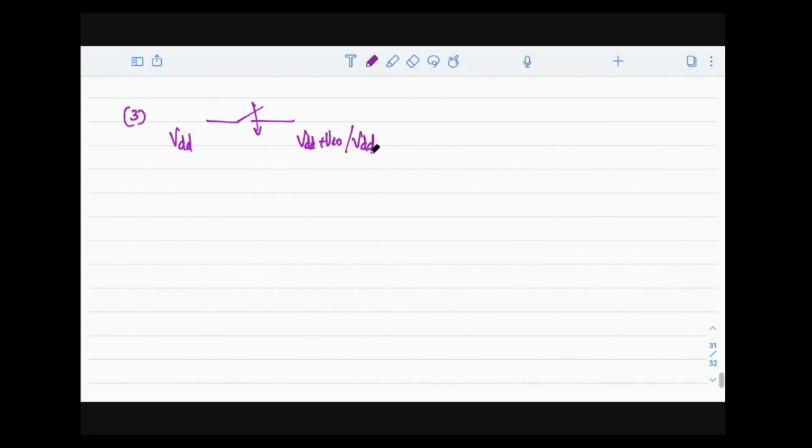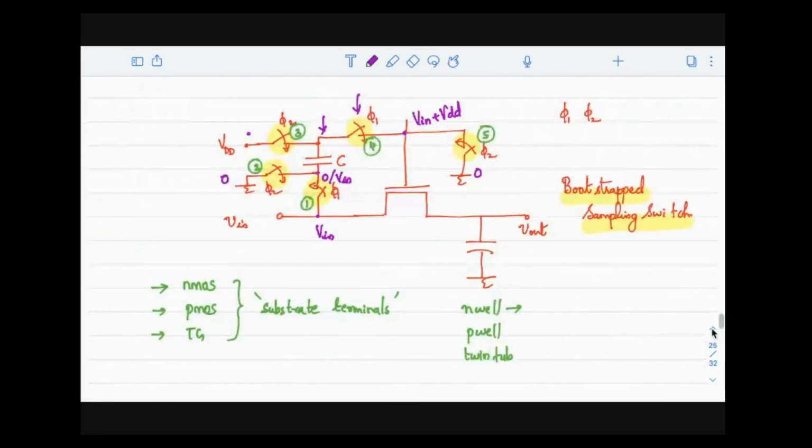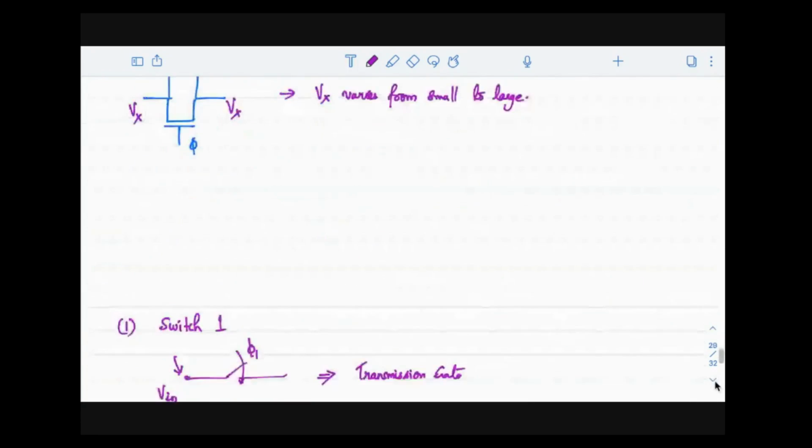Right. Now, if you look at the original circuit, the clock there is phi2. So that also I'm marking it here. Are you guys with me? Are you guys following? Can I get some response in the chat? Can I get some response?